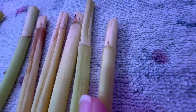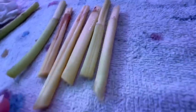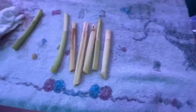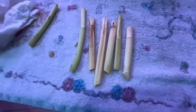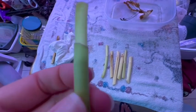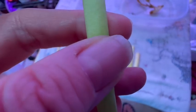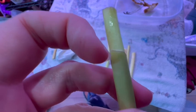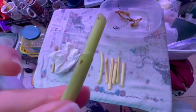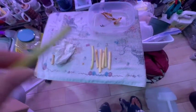Oh, and right there. Okay, so far I've got 6 that are going to, I think, be viable. We'll see again what happens. This one is interesting. I wonder if it peels back a little more. I'm going to play around with this one, and then I'm going to prep what we're